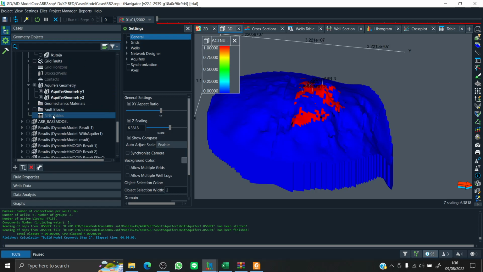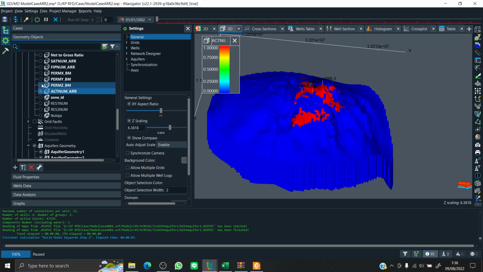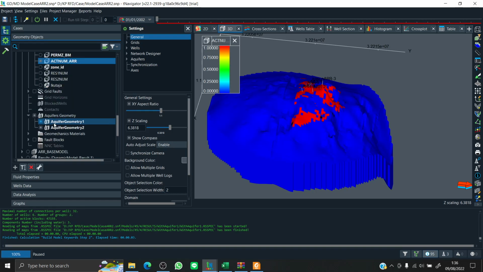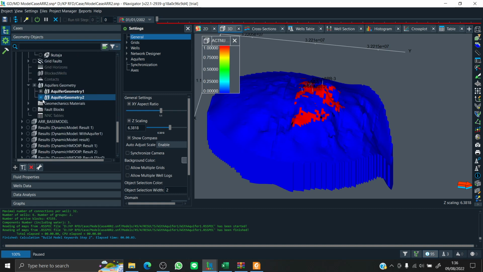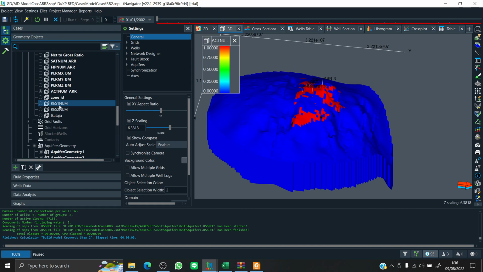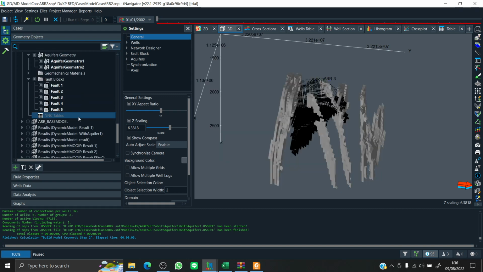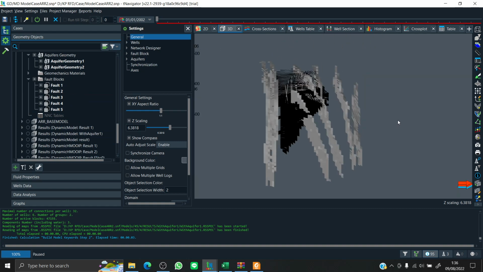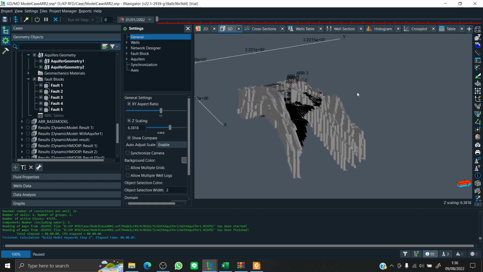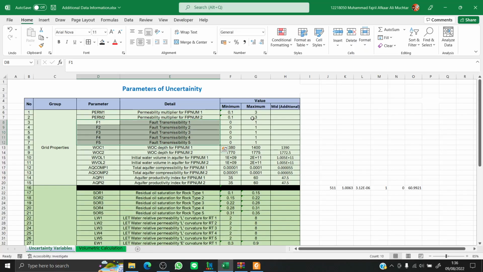You can see here from the fault blocks, there are 5 faults in the model, and each contains its own transmissibility value. So that's one point of uncertainty for all the faults.